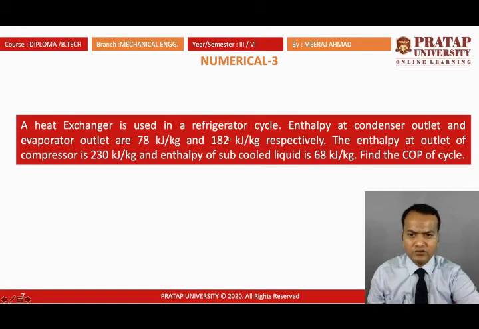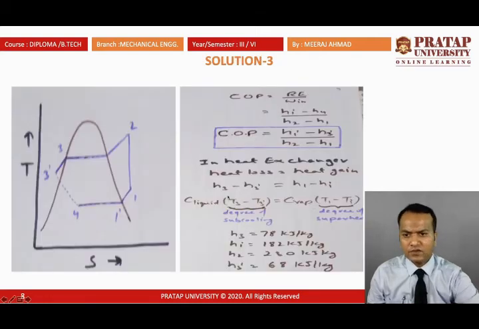So here we are using the heat exchanger. First you draw the TS diagram for this problem, then you have to find the COP for this system. You can see that the heat exchanger is placed after subcooling, and this is after saturated vapor. The heat exchange is between 3 to 3 dash and 1 to 1 dash. The heat exchanger is placed between these. So this is at higher temperature.